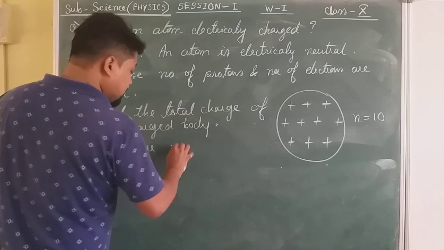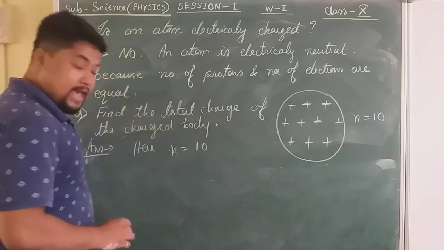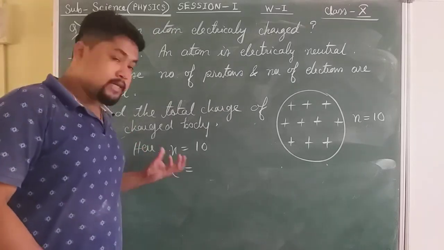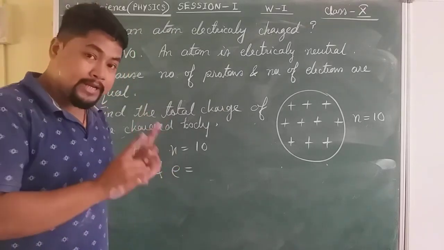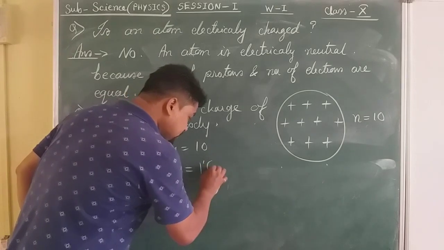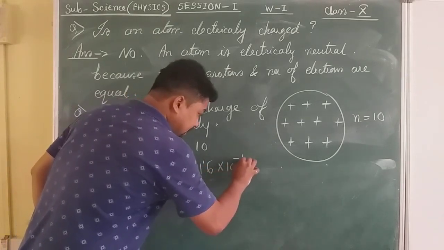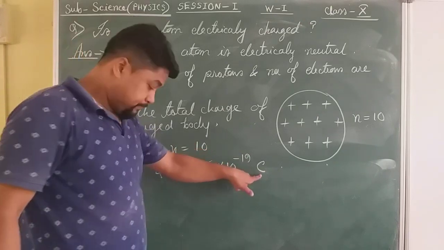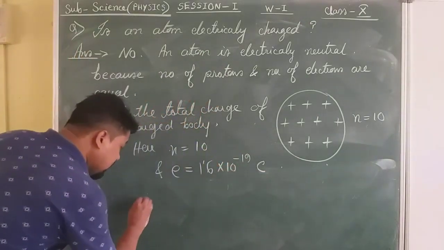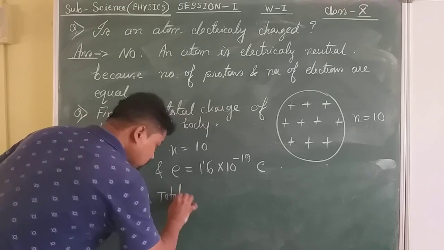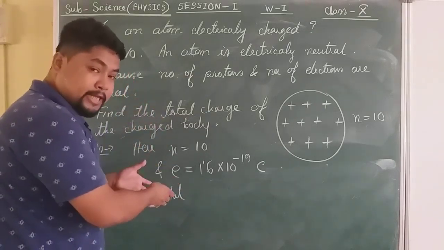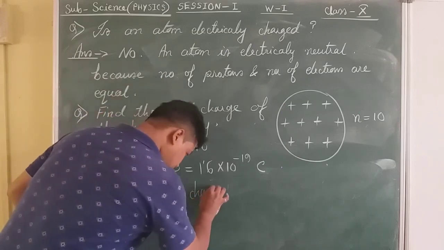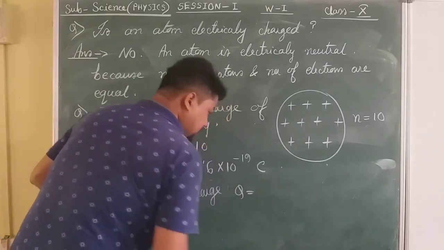Here, number of charges n is equal to 10. And the charge of an electron, e, is what? e is the charge of an electron, and the charge of an electron is 1.6 into 10 to the power minus 19 coulomb. C stands for coulomb. Therefore, from the mathematical statement of quantization of charge, total charge Q is equal to